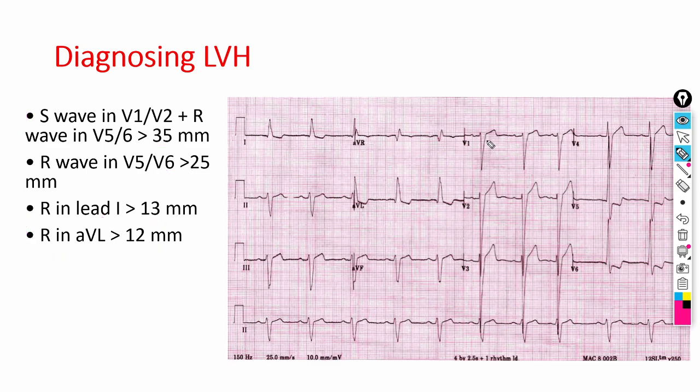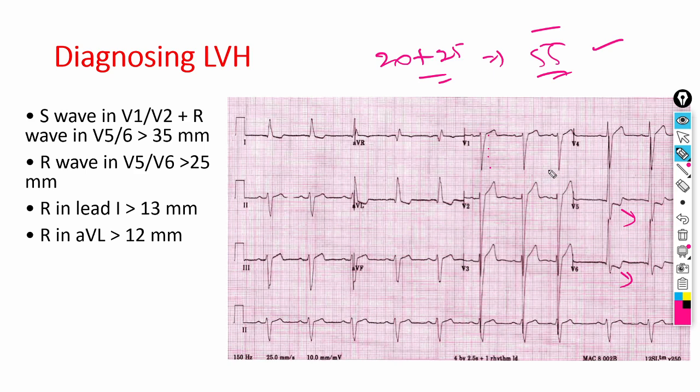So in this ECG we can see the S wave depth in V1 is 1, 2, 3, 4, 20 small boxes, and the R wave height in V6 is 1, 2, 3, 4, 5, 25 small boxes. So it is coming out to be 55. This is the diagnosis of LVH. And also we can see ST-T changes, that is ST segment depression and T wave inversion in all the lateral leads, that is V5, V6, 1 and AVL. So it is also a strain pattern.